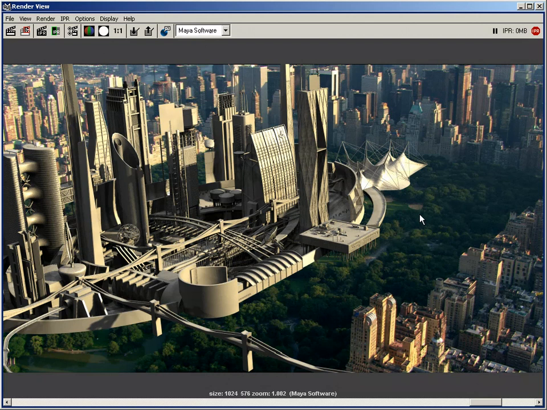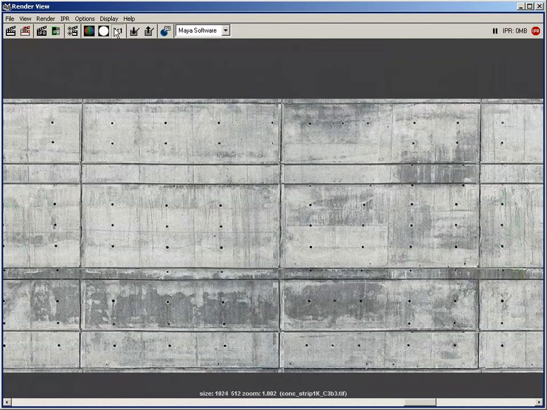So as far as texturing, I think I'm going to render this with a fairly gleaming glass and metal and concrete appearance. I may not go with some of these peach-colored warm tones, but rather something a little bit contrasting. But I still need to have a little bit of warmth in the city to match into the background plate. So let's look at a few of the textures that I may choose. This is a base concrete texture. And here's the same texture with the reveals painted out in Photoshop,